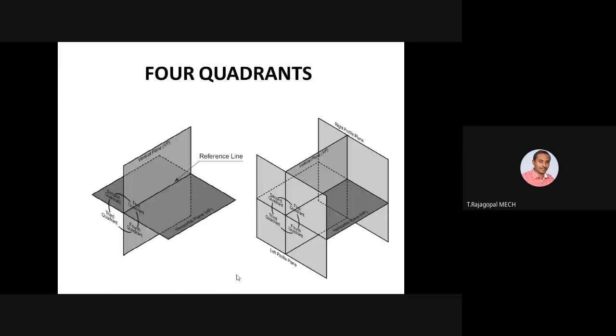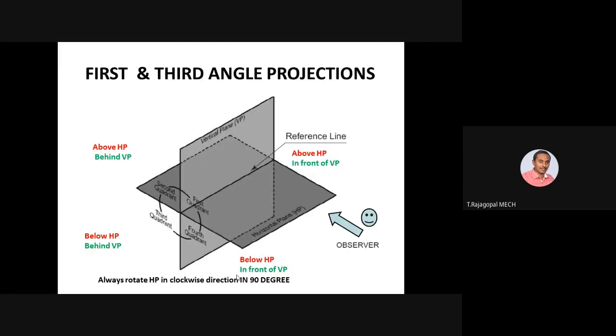Okay. So we discussed four quadrants. Any one of you can say which two quadrants or two projections we are using? First angle and third angle projection. Yeah, first and third angle projections we are using, and second and fourth we are not using because of overlapping of the views. And I insist all of you take a note of this.